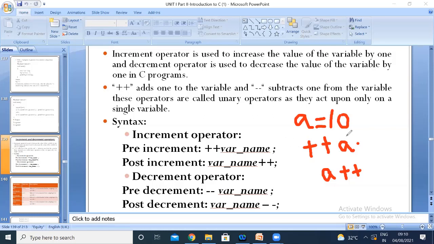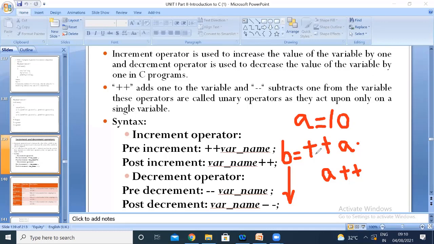For example, I write A is equal to 10 and B is equal to ++A, and I want to print the value of B. The plus symbols before the variable make it pre-incrementation.